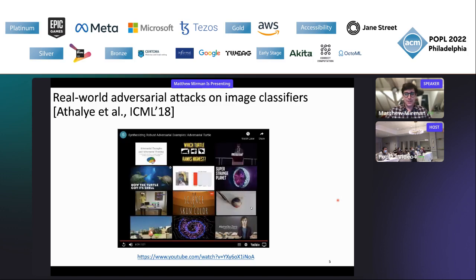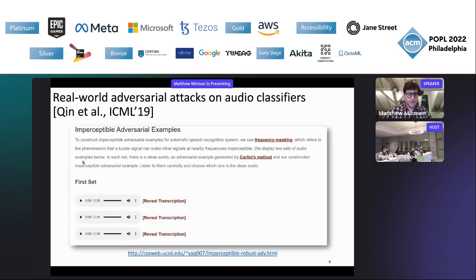There are other examples in not just the image domain. Sorry, my computer is frozen. There are other examples in not just the image domain of adversarial attacks. We've seen adversarial attacks on audio systems where you can add an imperceptible amount of noise to audio, either leveraged physically in the background or as post-processing after the fact, to get the audio classifier or transcriber to behave completely incorrectly.